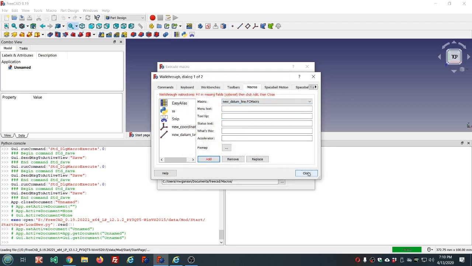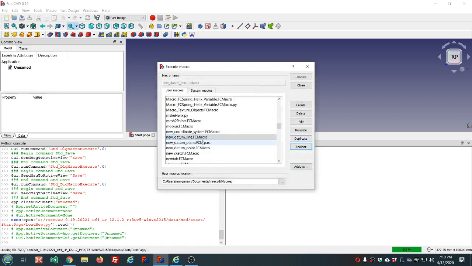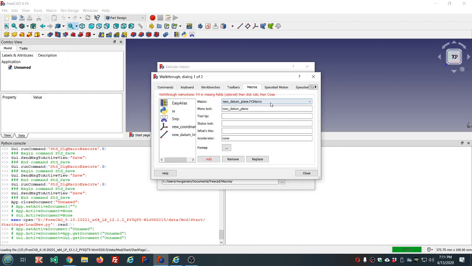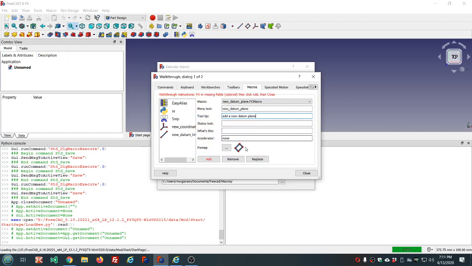I'll click add, close. And I don't want to add it to my global custom. I want to add it to that one in Part Workbench. So I have to select Part Workbench. I'm going to expand this just to see what's already in there. I don't want to add the same thing twice. Now datum plane. And the tooltip will be add a new datum plane. And this will be the datum plane icon, and add, close it,